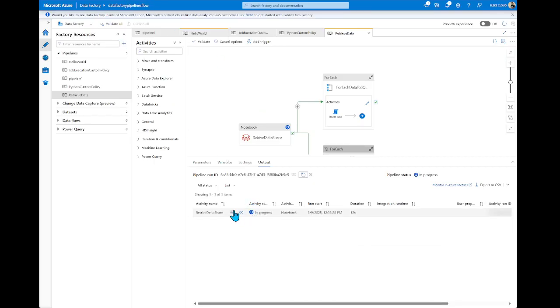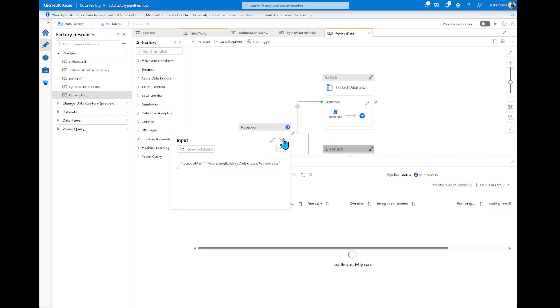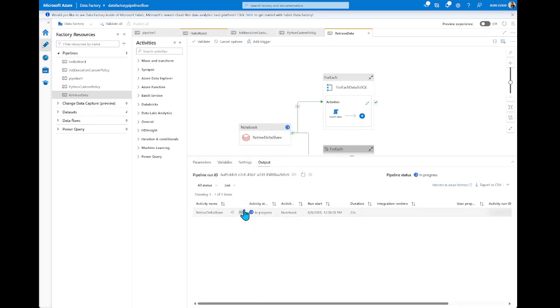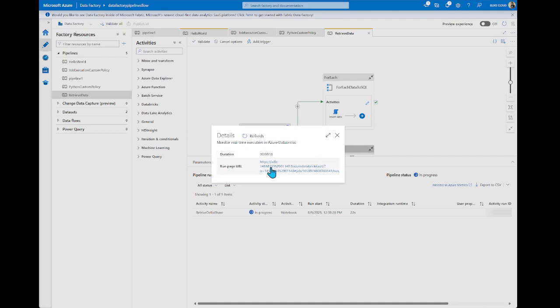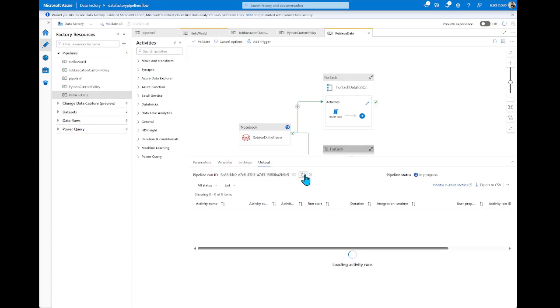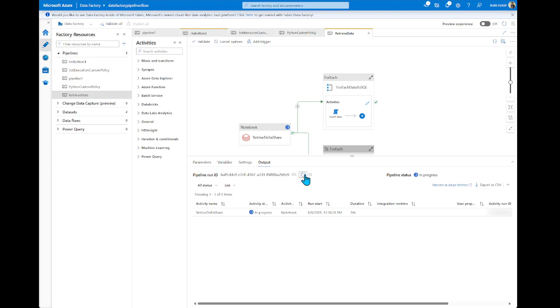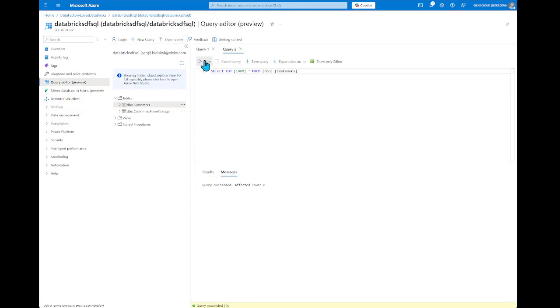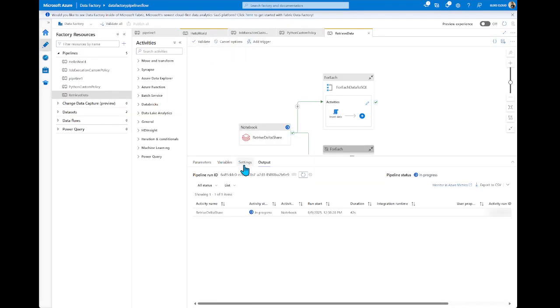Okay, this started to execute the prepared notebook from Databricks. Okay, we have a page to our Databricks to see that it started. Still empty. Come on.